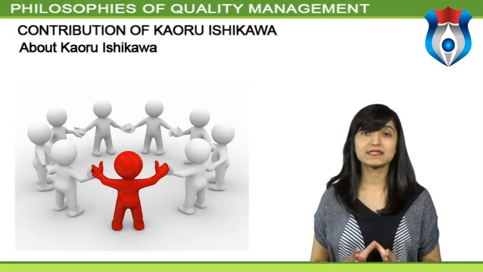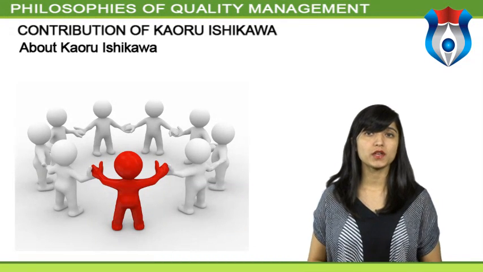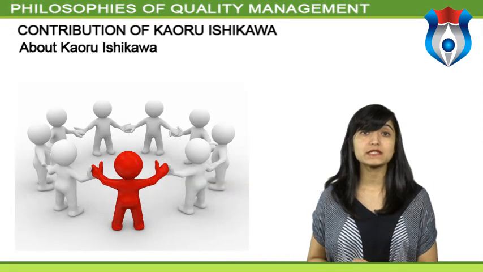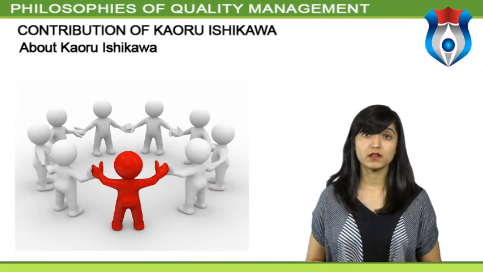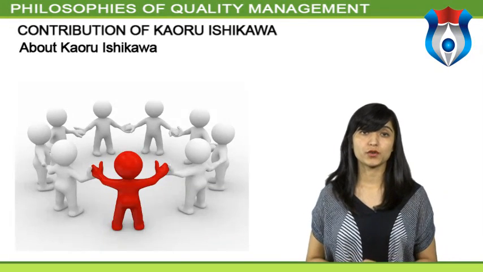Ishikawa was born in the city of Tokyo on July 13, 1950. He lived to be the age of 73 when he passed away on April 16, 1989. He earned his degree in engineering from the University of Tokyo.